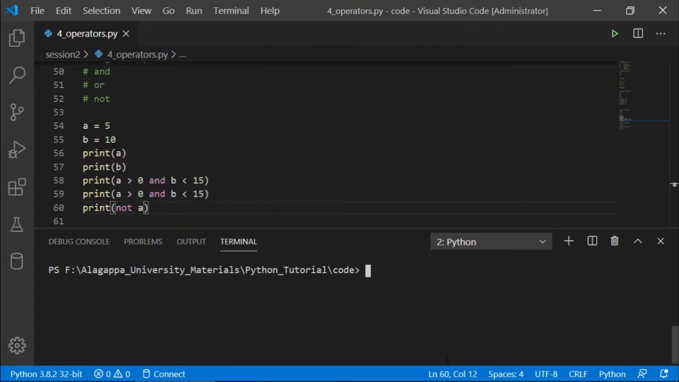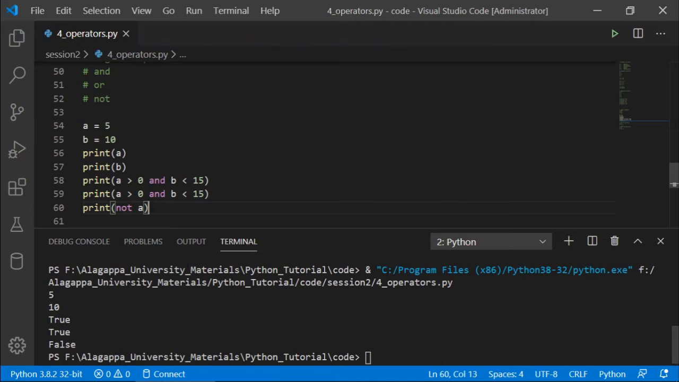Let's run this. Okay, now first compare. A is greater than 0, correct, this is true. B less than 15, correct, this is true. So this AND operator returns true. And here